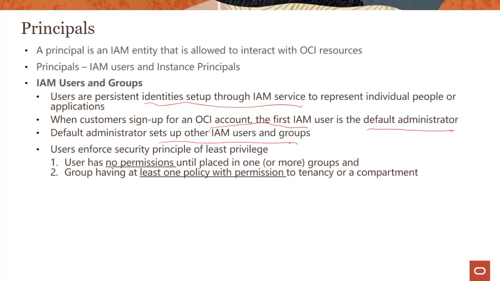What does that mean? It means two things. Number one, users have no permission until they are placed in a group. It can be one group, or the same user can appear in multiple groups. Number two, groups have at least one policy with permission to the tenancy, which means the whole account, or to a specific compartment, which is a sub-portion, a section of your tenancy, and we'll look into what exactly compartments are. But those two conditions have to be valid, otherwise users by themselves cannot do anything within